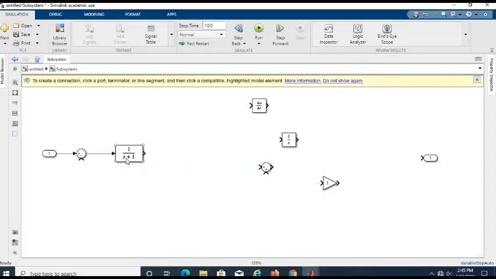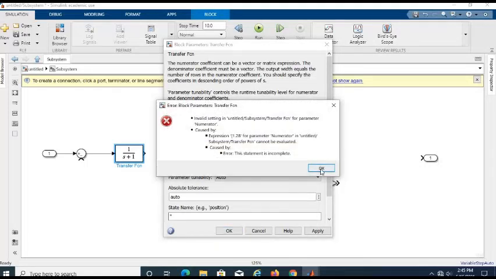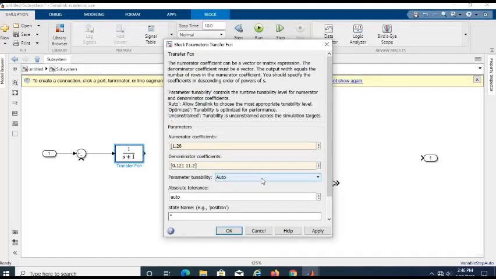our first transfer function, there is 1.20x per 0.121, and then 11.2, then 11.2. Okay, what happened?